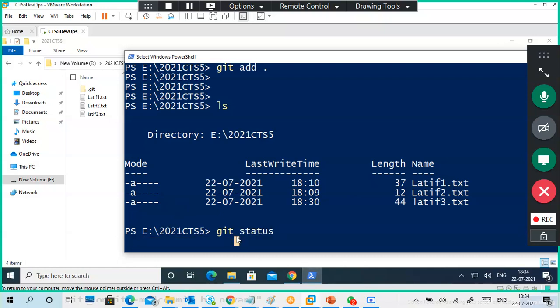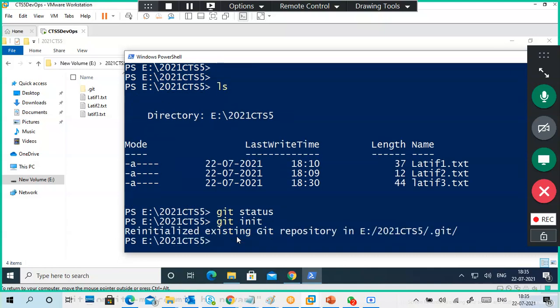Still, why is status not working? Control C. Git init is a working command. Any other command, commit.